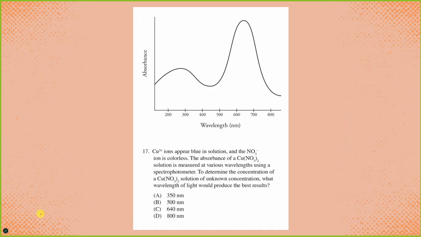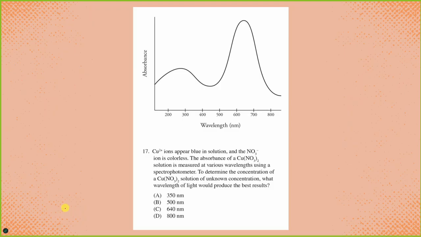Okay. An absorbance wavelength curve here. So this one probably pertains more to the end of Unit 3, Beer's Law stuff, but Beer's Law, of course, goes with kinetics because we use it in the lab portion. To determine the concentration of the copper nitrate solution of unknown concentration, which wavelength would produce